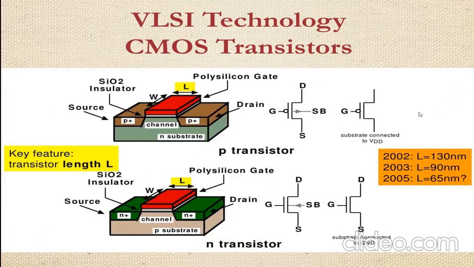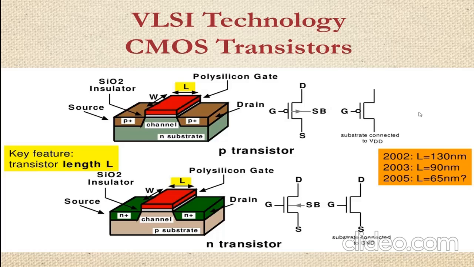Now what is the basic unit of this IC technology, of which it is made up? The ICs are made up of CMOS transistors. You must have come across this term CMOS. What is the long form? The long form is complementary MOS technology, that is the metal oxide semiconductor technology. The name complementary is there because it has both types of MOSFETs, the P MOSFET as well as the N MOSFET. Whatever number of P MOSFETs are present on the chip, exactly the same number of N MOSFETs will also be present on the same chip. That's why the technology is named CMOS technology or CMOS transistors.